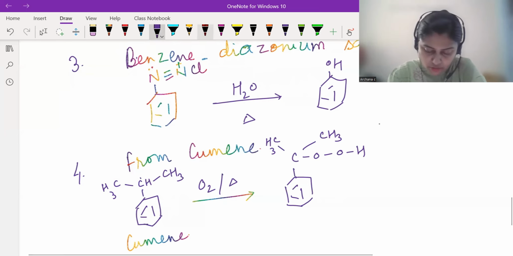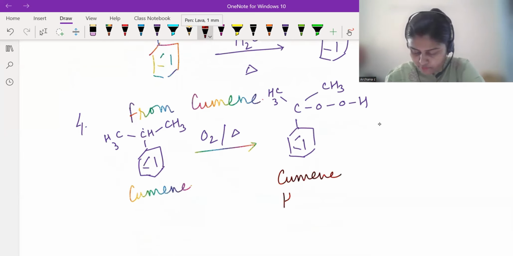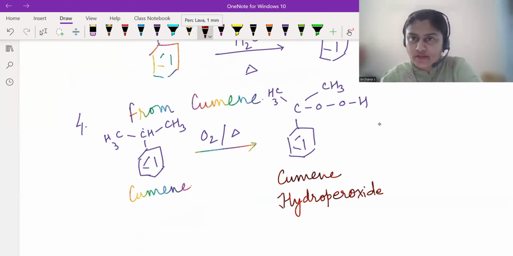This is nothing but your cumene hydroperoxide. This on acid hydrolysis